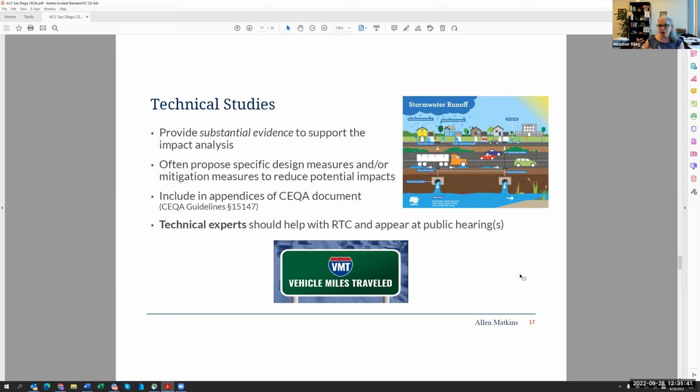Sometimes it's lay people who put a lot of mishmash out there. The technical expert should still review those comments and help you put those responses together. And I am adamant with my clients that we want technical experts at public hearings. Yes, it probably costs more, but if somebody on the dais asks a question about transportation and the city staff punts,